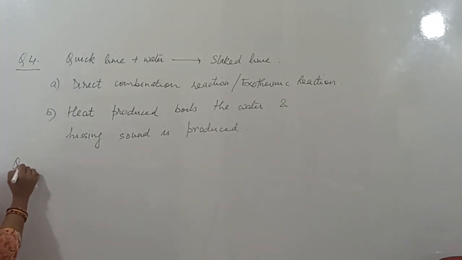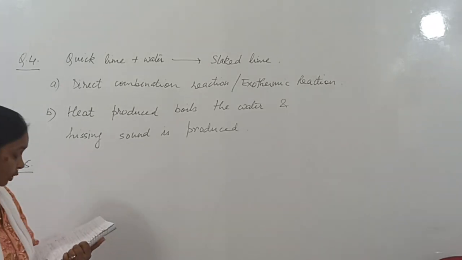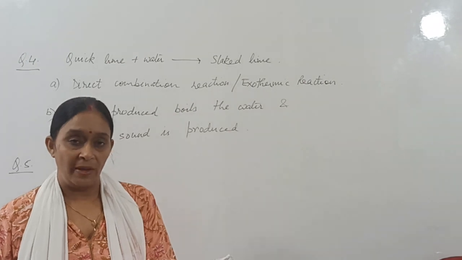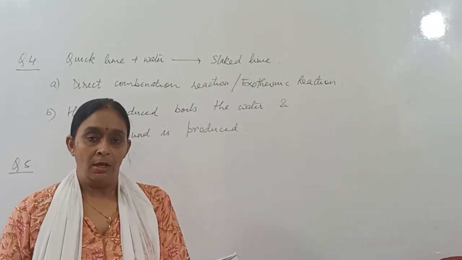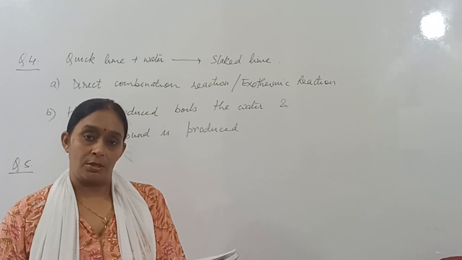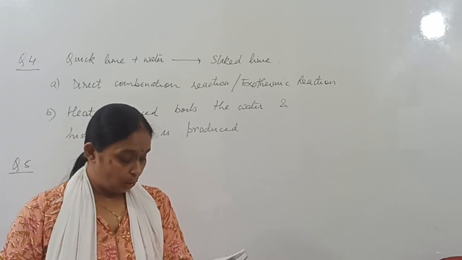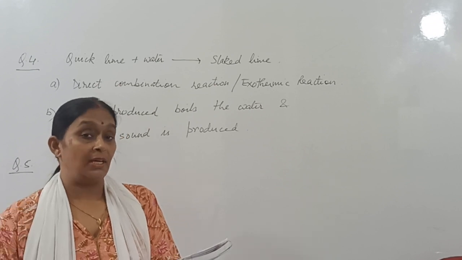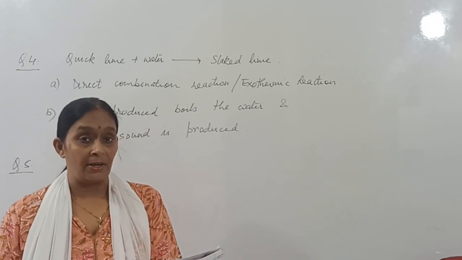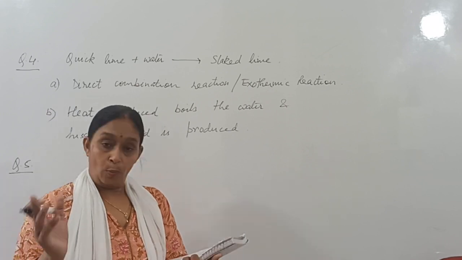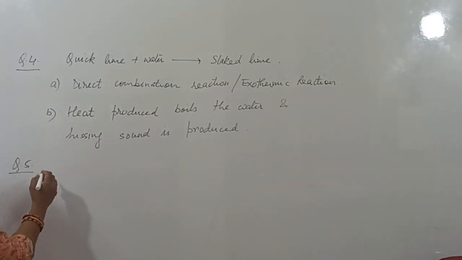Now next, question number 5. It has been told that there is a boy Rohan who performed an experiment. In that experiment, he mixed a solution of common salt and silver nitrate. So common salt is what? Sodium chloride. So common salt and silver nitrate are mixed. Then it is asked, what did Rohan observe at the end of the reaction, and you have to give the balanced equation also for it.